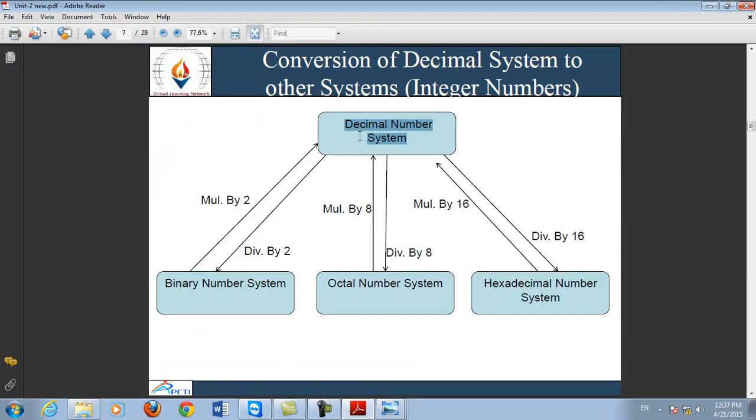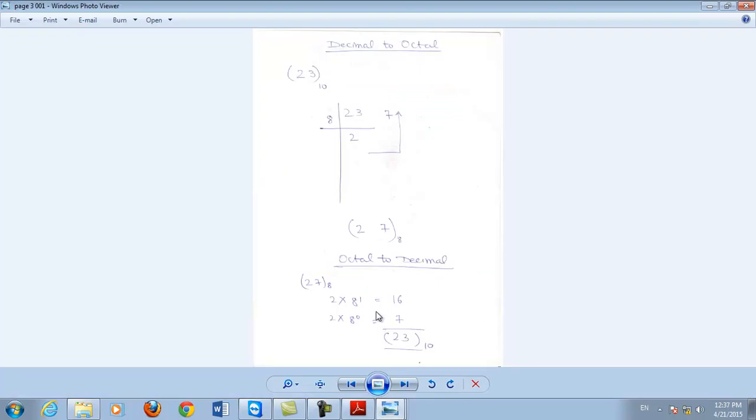And next is octal to decimal. To convert the octal into decimal number, you have to multiply it by 8, the same as we do in the decimal to binary or binary to decimal conversion. जैसा कि 27 base 8 is the equivalent octal number of 23 base 10. 27 को आपने convert करना है, that is 2, here 7 will be placed. 2 and 7, 7 into 1 equal to 7 and 8 into 2 equal to 16. The addition of these numbers will be 23, which is equivalent to this number. It is the octal to decimal conversion.